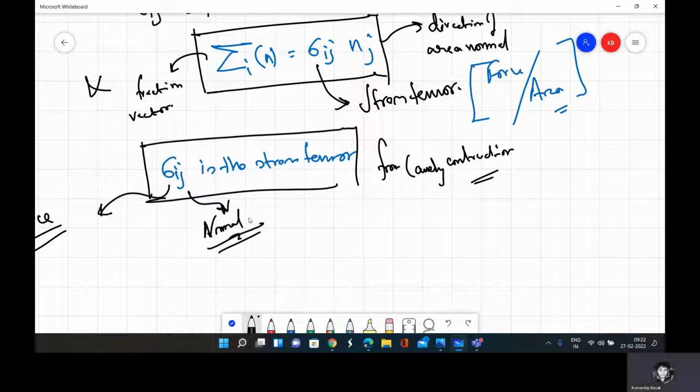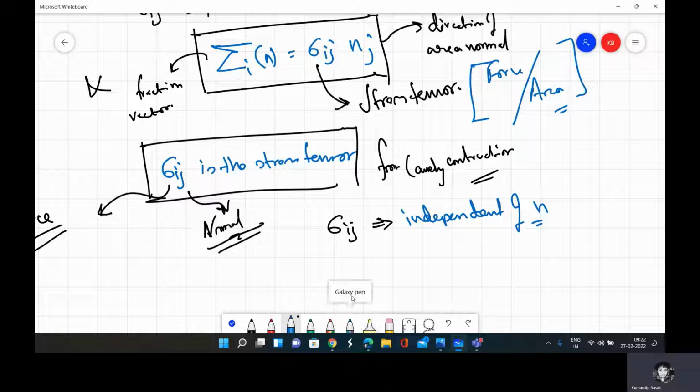As I have explained, the local stress sigma ij is independent of n. We take any n and multiply to get the traction vector and again the surface force. So sigma ij is independent of the normal vector at a particular point in the domain,